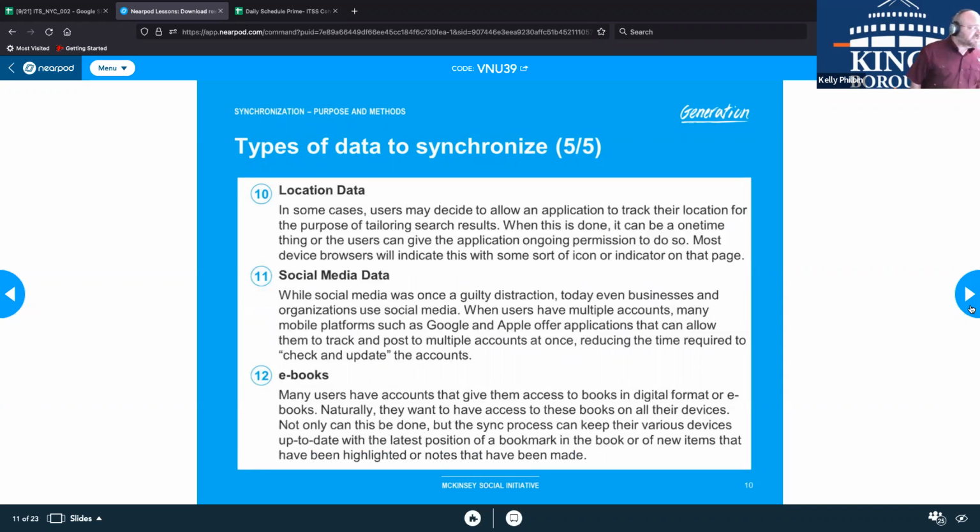A little more on the scarier side, location data. Your phone tracks and traces pretty much everywhere you go. Most applications, when you download them, will ask you, are you willing to share location data? Which is why if you show up in the parking lot of Home Depot or whatever, all of a sudden the Home Depot app pings you and says, hey, what can I help you find? It knows when you show up. It also knows when you go to their competitors. So you go to Lowe's and they're like, hey, we've got a really big sale on too,